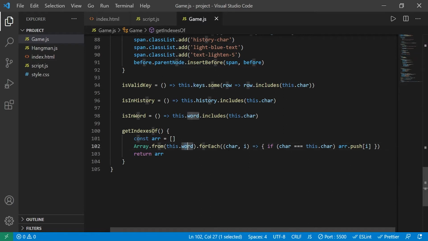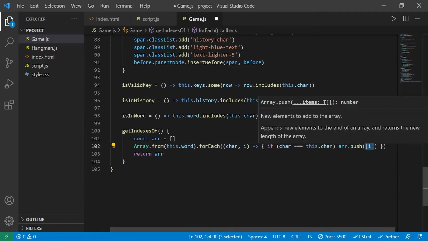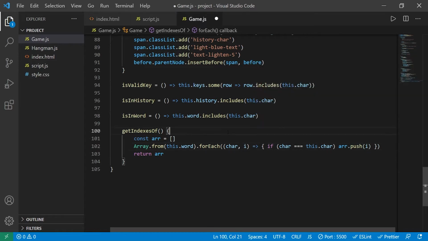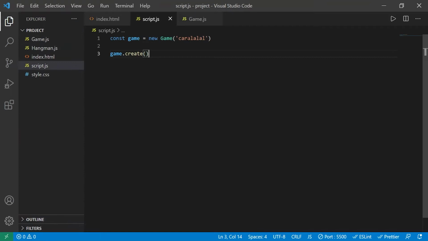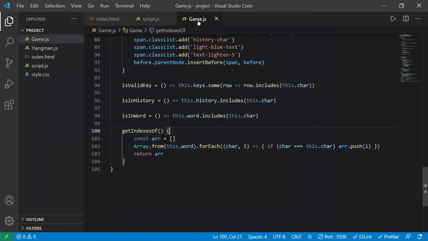This word for each, if array that push. I have to use, oh my god, I have to use this. I have failed you. If I press A, as you can see, 1, 3, 5 and 7. If I press L, it's also multiple indexes, because in here we have 3 L's. Now what we have to do is just replace every